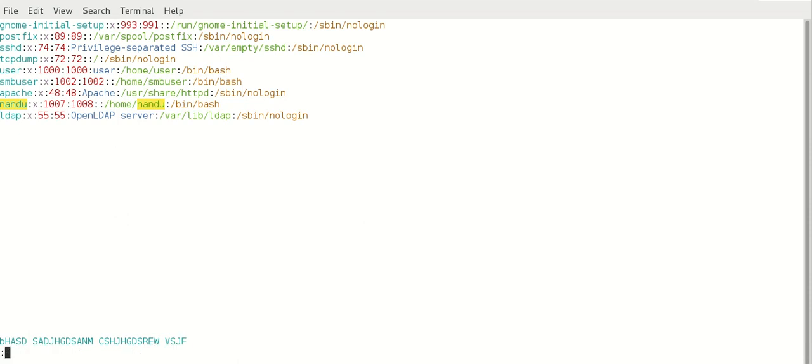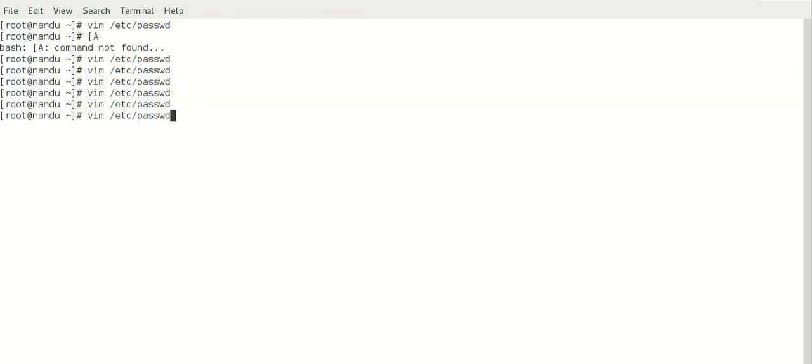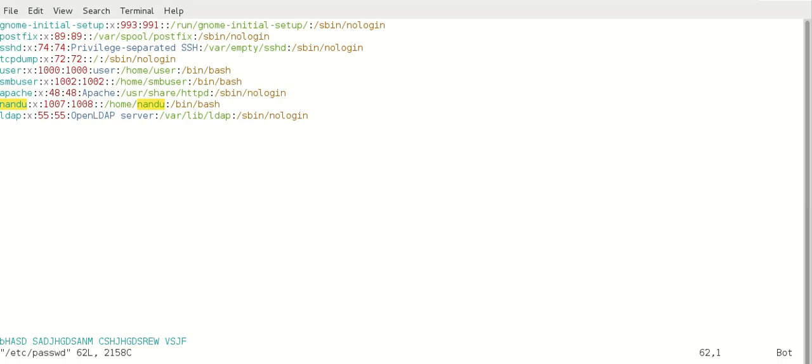Now we'll quit the file. We added this line in the file. Now we'll quit. Okay, inside the file only we saved the line, right? So the line stays there only. Okay, we are going to delete, nothing. If you delete this line with 1dd, we have deleted the line.